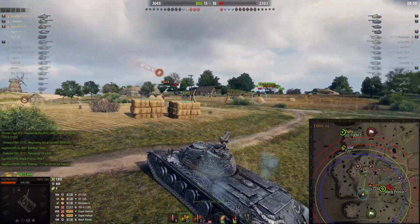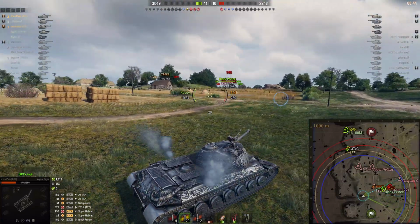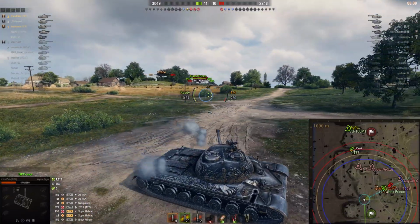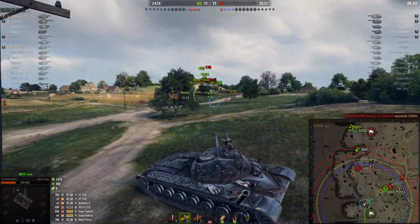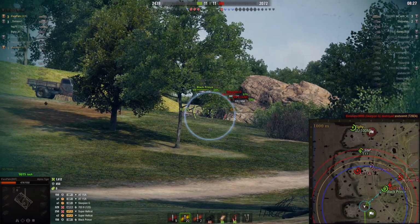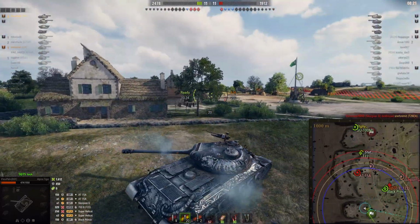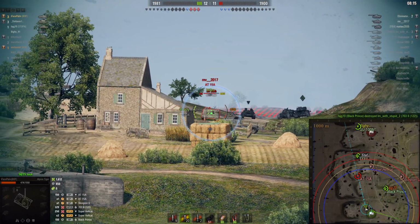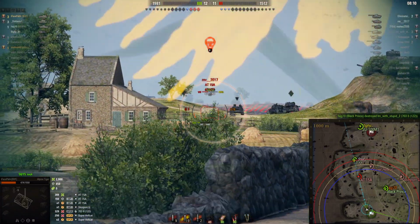Absorb the shoulder. ET-15. Okay, new location. I quite enjoy that this tank is capable of repositioning itself. Not super fast, but for a heavy, yeah. I like the trade-off that the Chinese tanks tend to do, that you get a nice top speed at the cost of side armor and at the cost of...